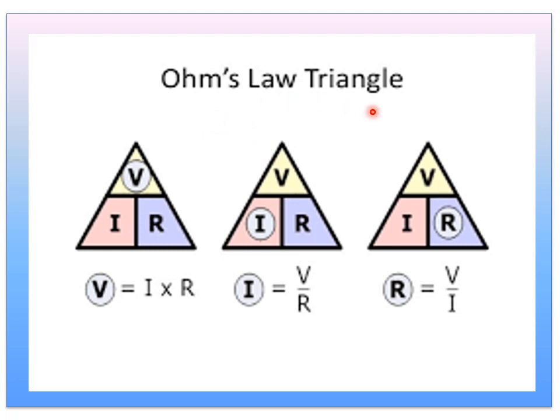So this is the Ohm's law triangle, children. If you remember the formula, well and good, transpose and get the values for numericals, no problem. Or you can remember it in this way also. If you want V, imagine this is the division and here you take I into R. So V is equal to I into R. If you want I, it is V by R. If you want R, it is V by I. So you have to remember the formula as a shortcut like this: V is equal to I into R, I is equal to V by R, or R is equal to V by I.